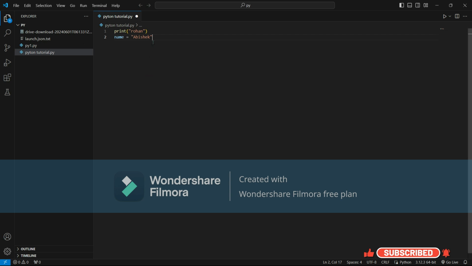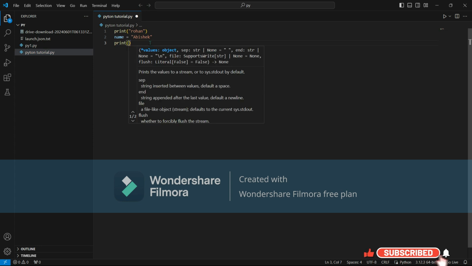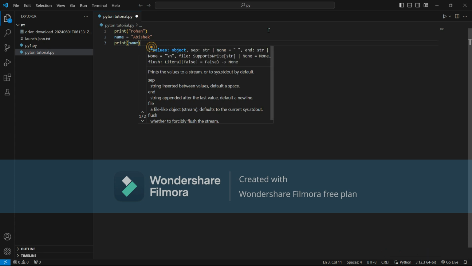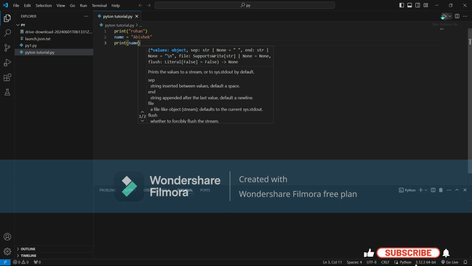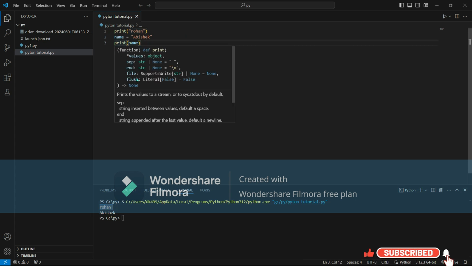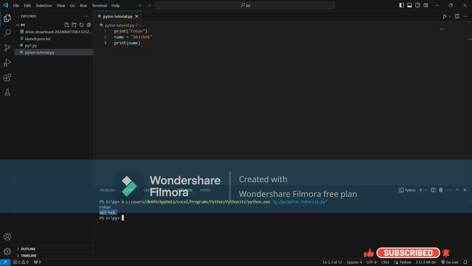So for printing it, we will write print and add the name and print it. Here you can see. So I will clear it.